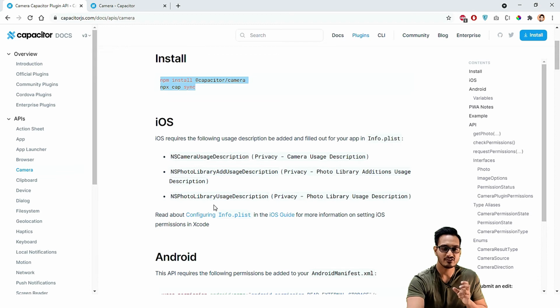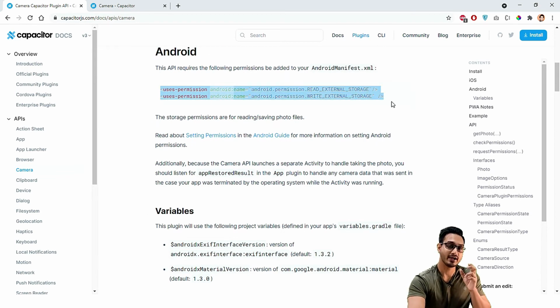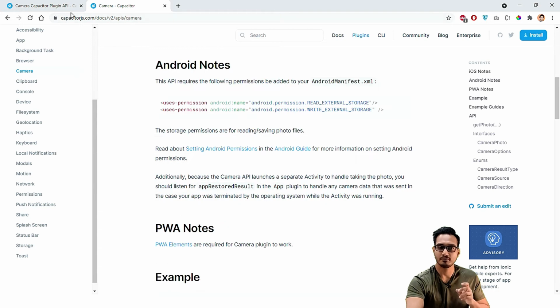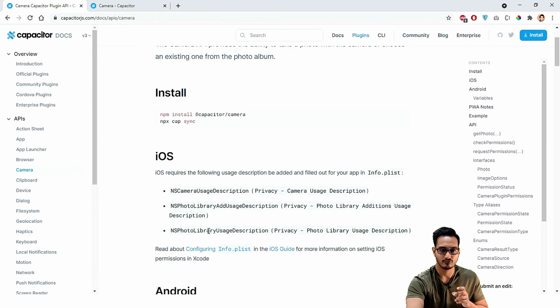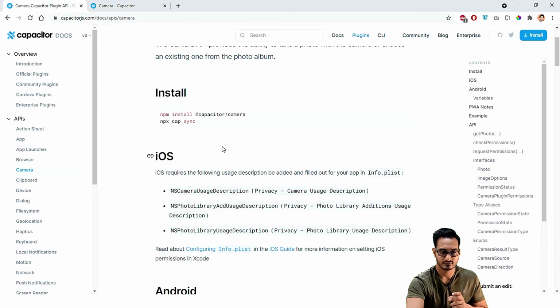The imports are changed. So out here, if I scroll down, these are the permissions which you need to provide. Earlier I think by default it was there, but now you need to provide it in your respective Android manifest, or in Xcode also. For Xcode also, I think, the permissions we have to provide. So these two things you have to do. For PWA also things are there out here.